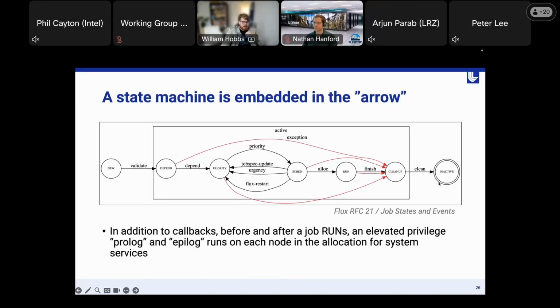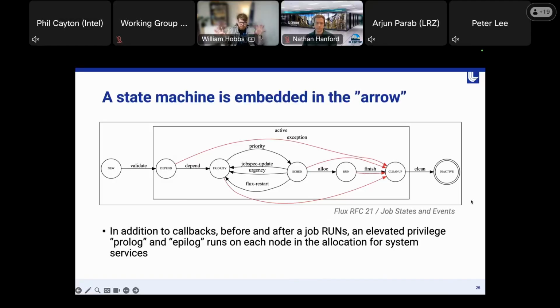In addition to the callbacks that we offer right at this point, before and after a job runs, we have that prologue and epilogue that people who've developed for resource managers before are all too familiar with. And we also, right before a job runs and its shell is started, have that set of shell plugins that I mentioned. Because we're in a libfabrics environment, I'll show one example use case where